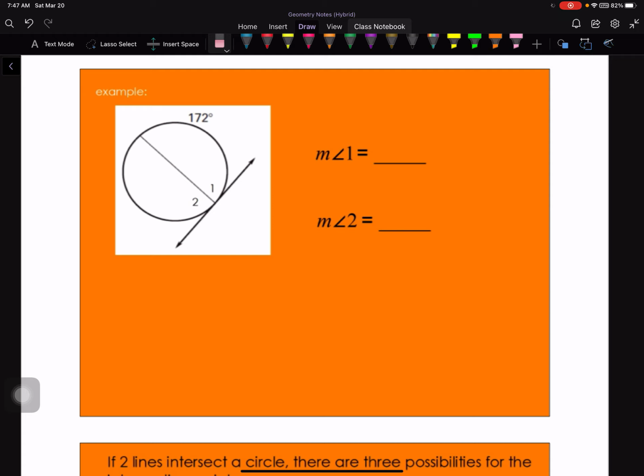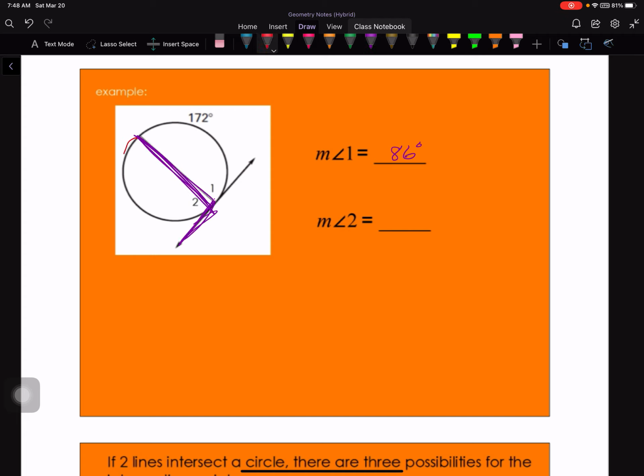All right, so an example. If we have a tangent and a chord meeting, which we do, right here, we have angle 1 formed. So if the arc is 172, the angle would be half that. So half of 172 would be 86 degrees. And then if you want to find the measure of angle 2, which of course would just be the other way,